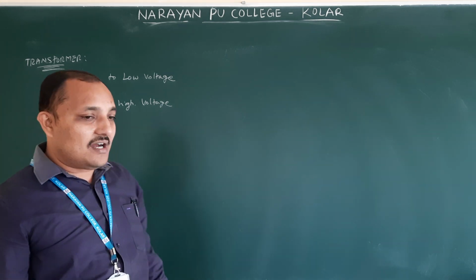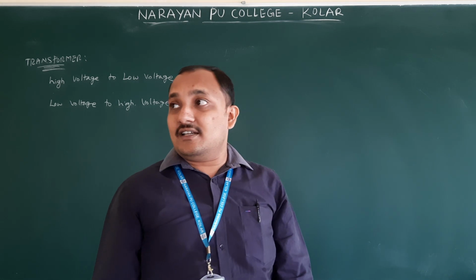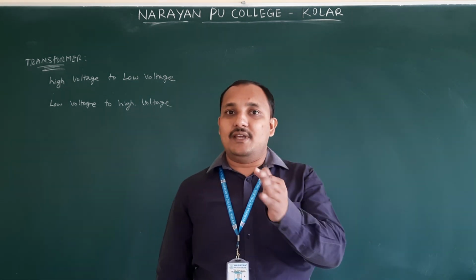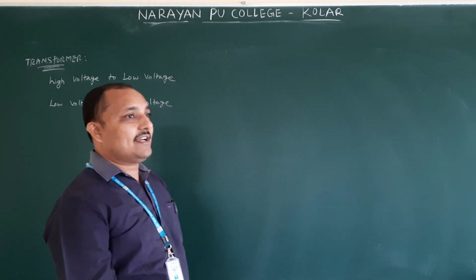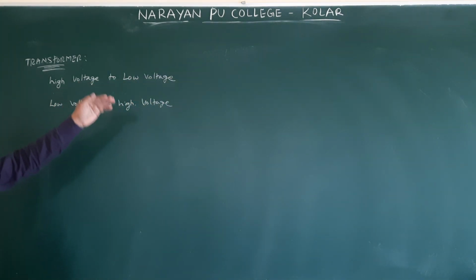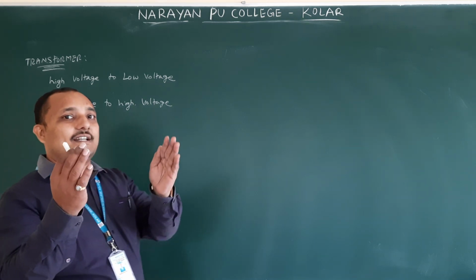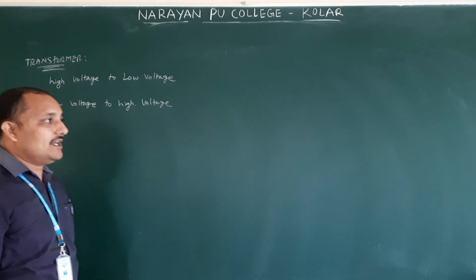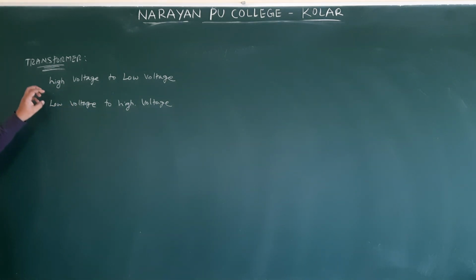In common words we will say current is going to be dim means low voltage. But the actual word in physics is high voltage. How we will say it: the total current came from the source, therefore voltage is going to become down. Okay, so that is the meaning of it. So actually at high voltage you will be having low current.